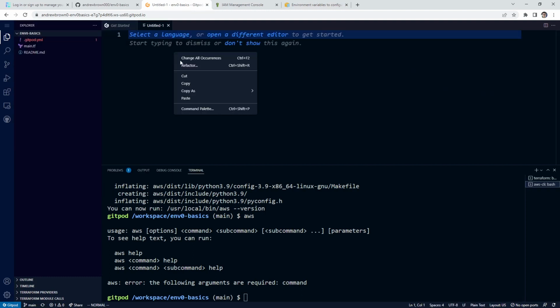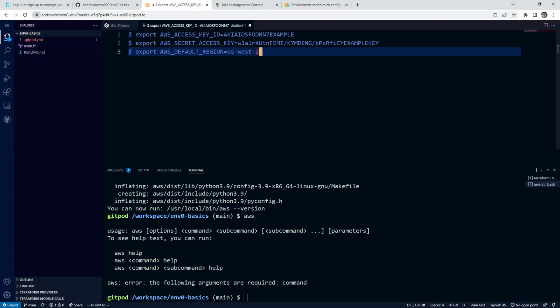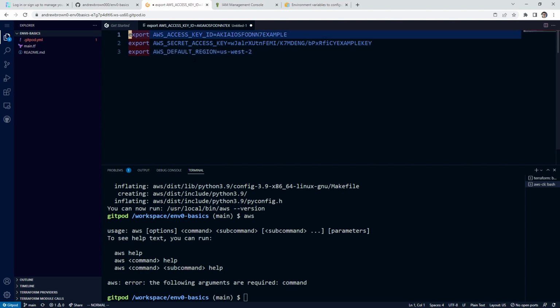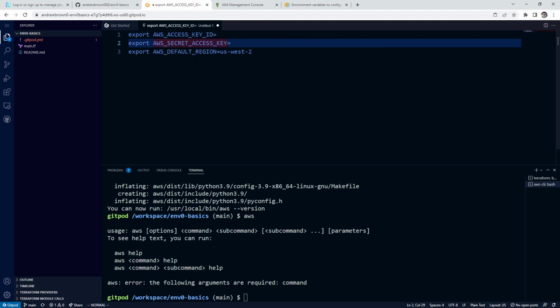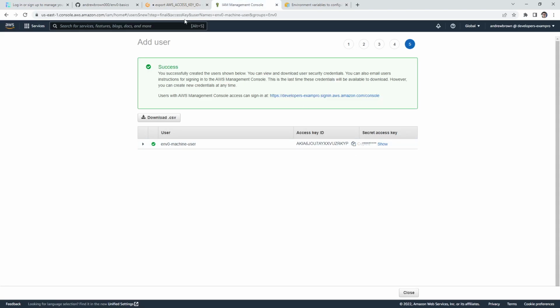And we're going to go ahead and create a new file. I'm going to paste these 3 lines in here. And this is for exporting. We need this to take effect right away, but we're also going to set the Gitpod way so that it persists if we restart this environment for any reason. I'm going to change this to us-east-1, and we'll go back here and we'll grab our access key